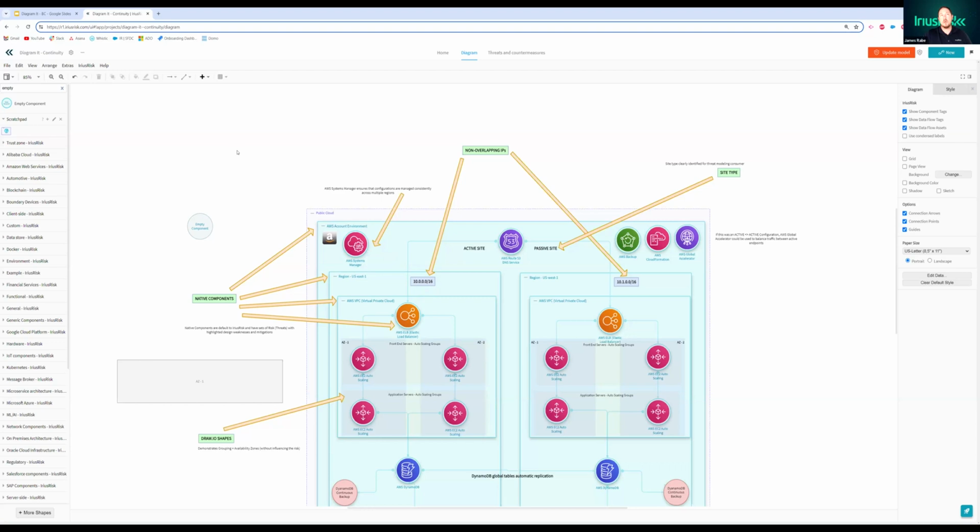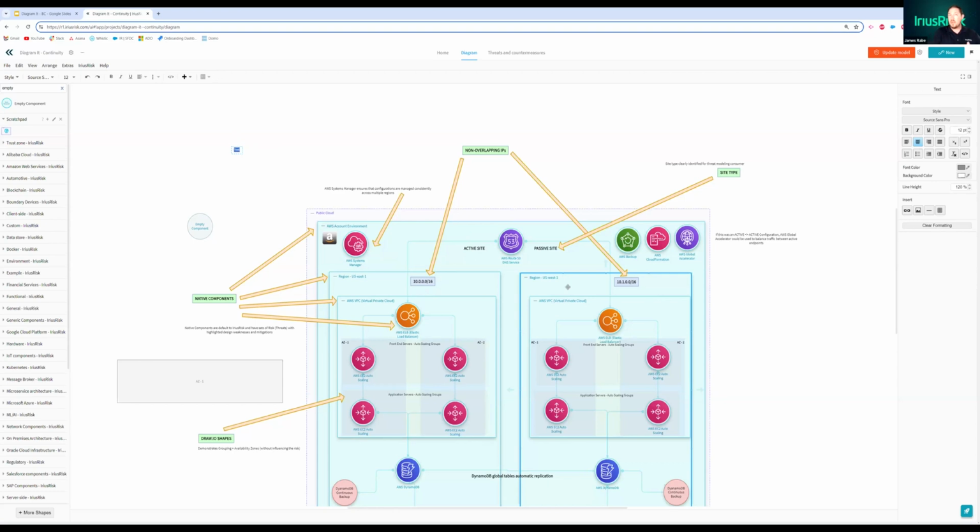And again, all I did here was just create a text box, right? And provide some information to that text box, provide some coloring that I want to see here. And you can see that's what a lot of these labels are. They're just text boxes. So I've added a text box to define my active site and my passive site. That way I can differentiate if I'm trying to prioritize in this threat model what's going to be built first. I'm probably going to prioritize my active site first because that's where I'm spending the majority of our